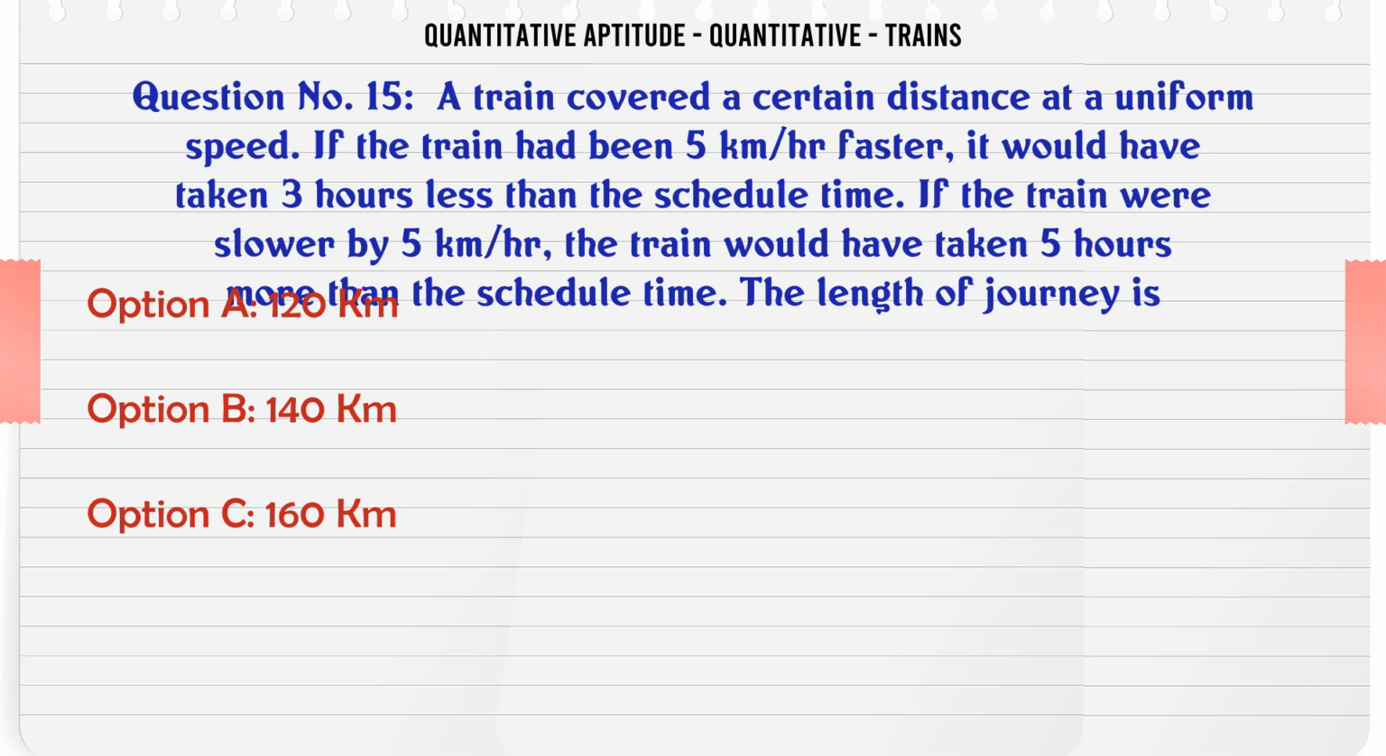A train covered a certain distance at a uniform speed. If the train had been 5 km/h faster, it would have taken 3 hours less than the scheduled time. If the train was slower by 5 km/h, it would have taken 5 hours more than the scheduled time. The length of the journey is A 120 km, B 140 km, C 160 km, D 180 km. The correct answer is